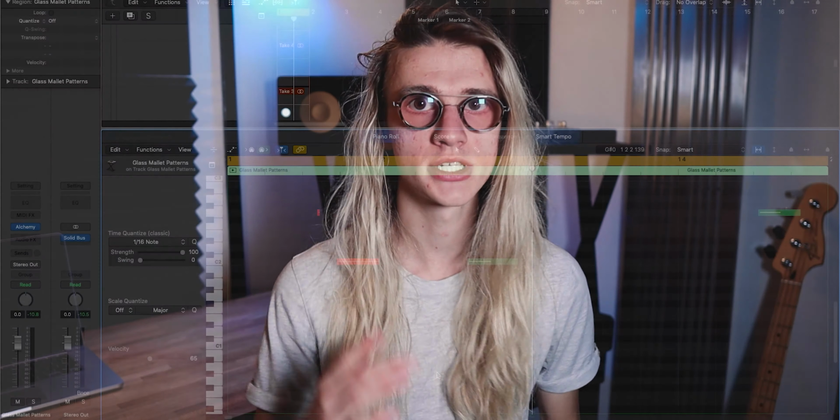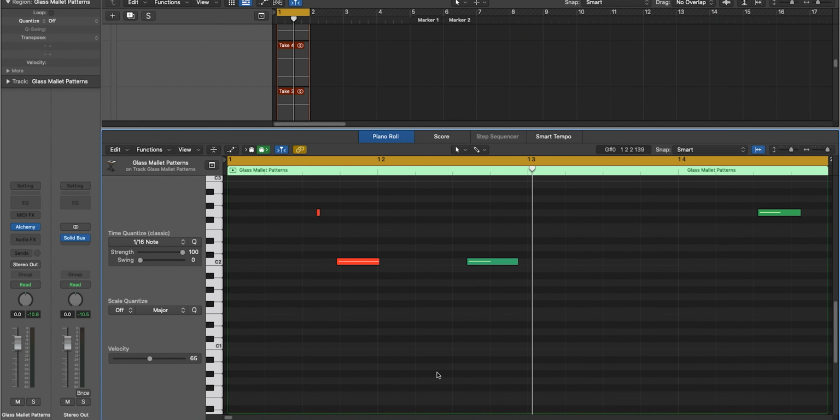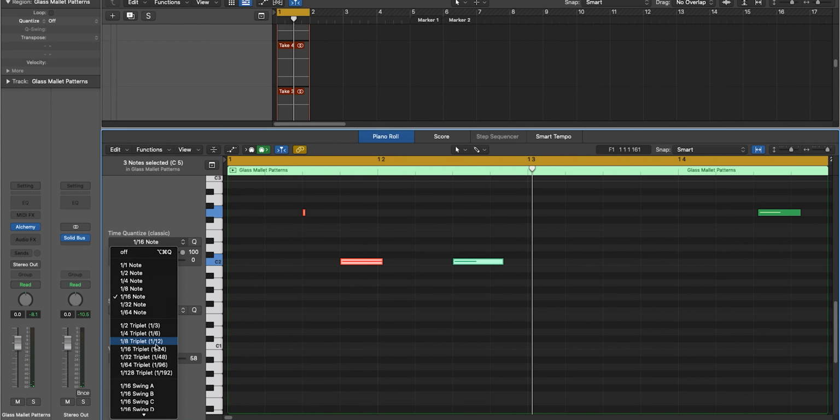But when it comes to quantizing afterwards, so let's say you've played something in a bit loose to a click track and then you want to quantize it, I prefer Logic Pro X. Now, the reason why I prefer Logic Pro X is because I can just select everything and then head on over to this menu right here and just select some grooves. I can go swing, I can go shuffle, A, B, or C, and I can do all of this as well